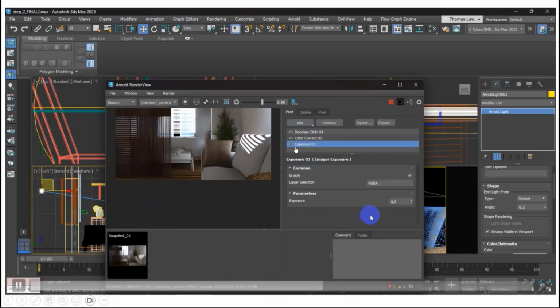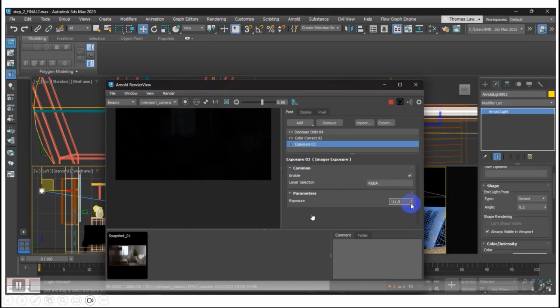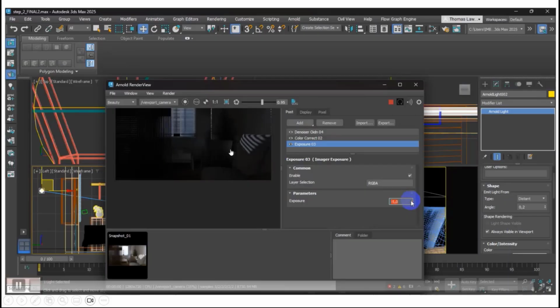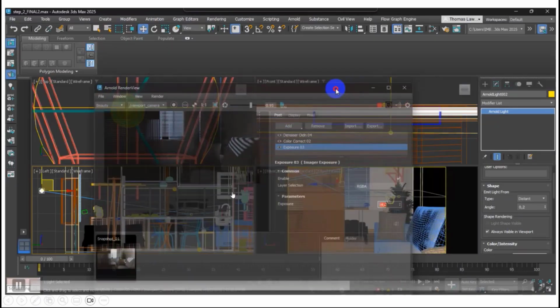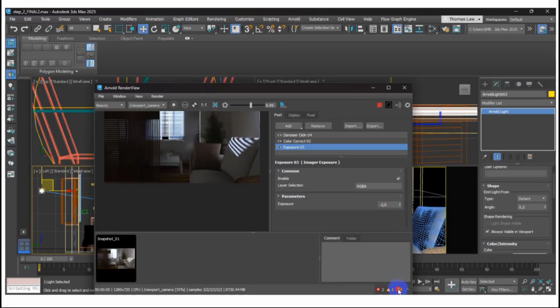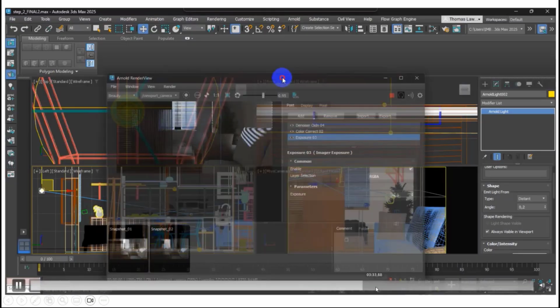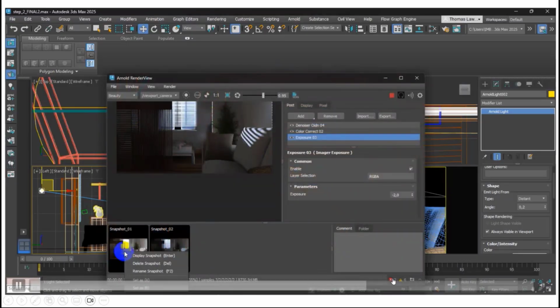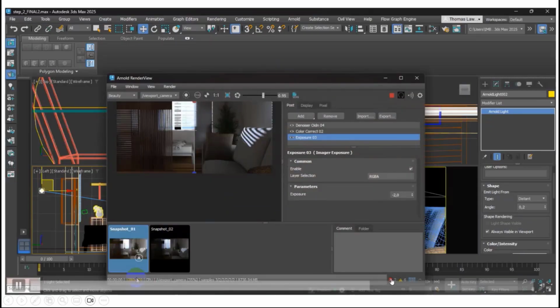Even though the exposure, you can change the parameter. Let's say it's too bright or too dark, anything you can change. You can play around with the Arnold render preview. I want the lighting to be dimmer. Yeah, dimmer. Sometimes they have a warning here, and sometimes the error does not impact your render.